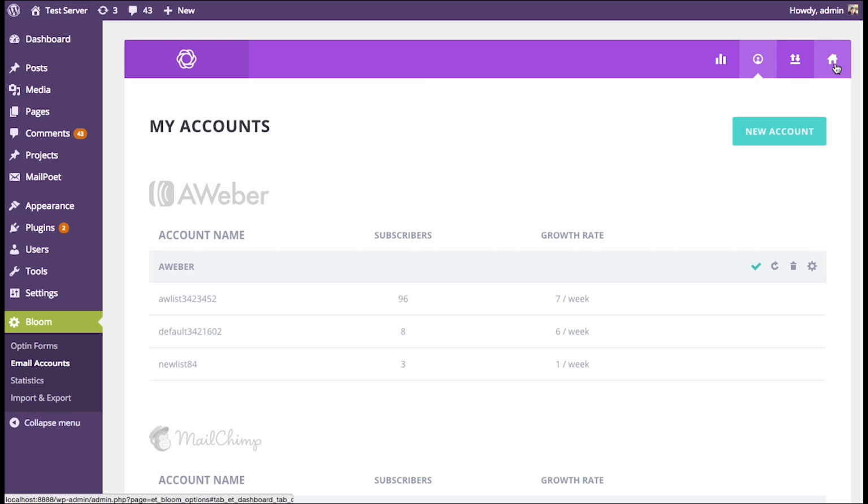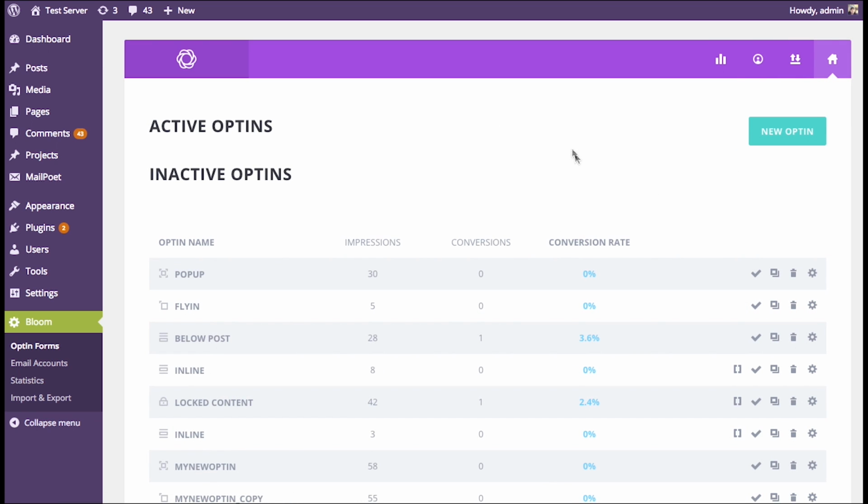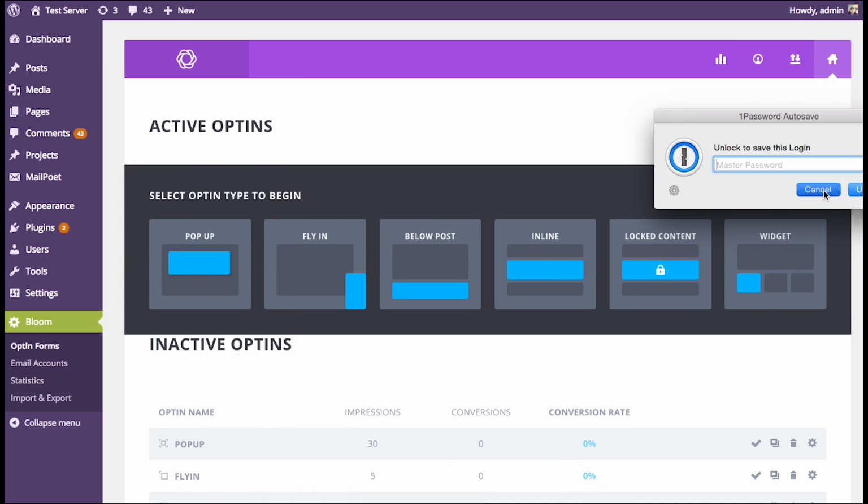So I'm going to go over to our opt-ins page, and I'm going to create a new opt-in. And now I'm not going to go into too much detail here. We have detailed tutorials about how to create each opt-in type. So I encourage you to take a look at those tutorials, as well as detailed tutorials about every step within the opt-in creation process. So I'm just going to show you how you select your account once it's been added. So I've added all those accounts. And now when I create a new opt-in form,